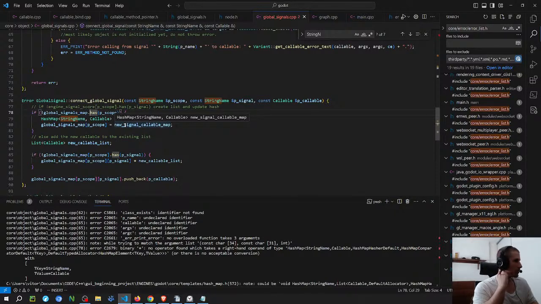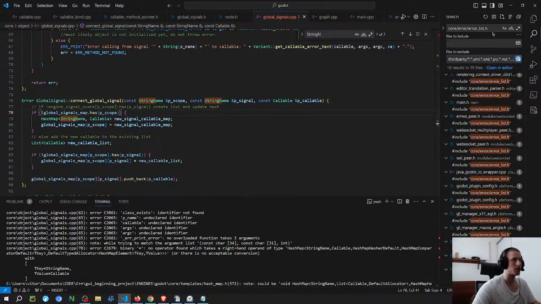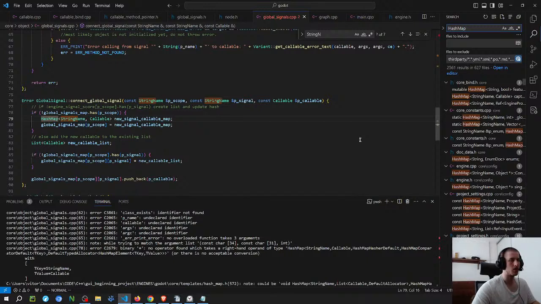So this is the problem because I'm using a string to check. I'm pretty sure that they use this function to check whether or not a hash map has a string. But in the case that I have the nested dictionary or nested hash map, I can't use this. So I have to think about how to.